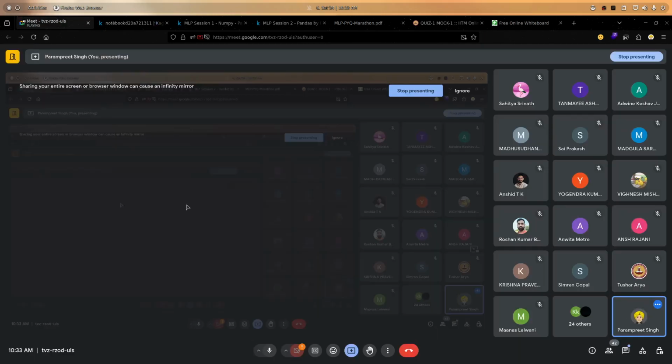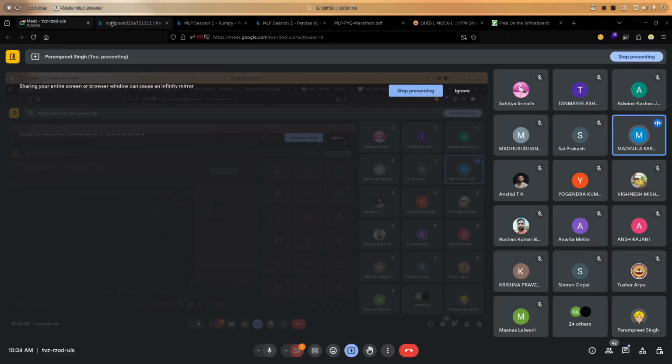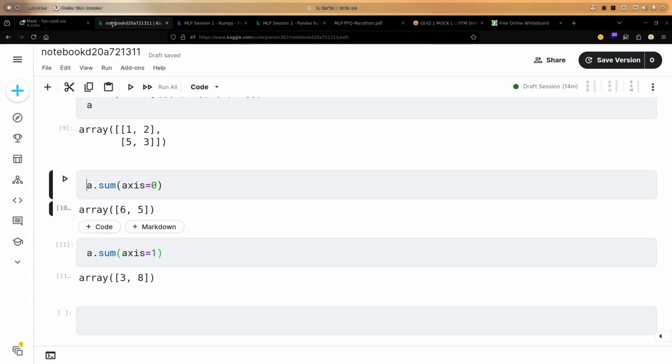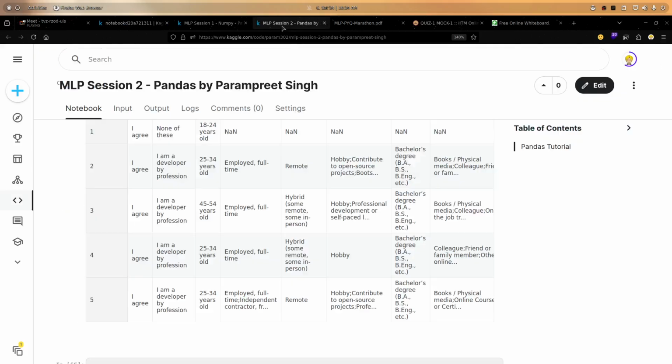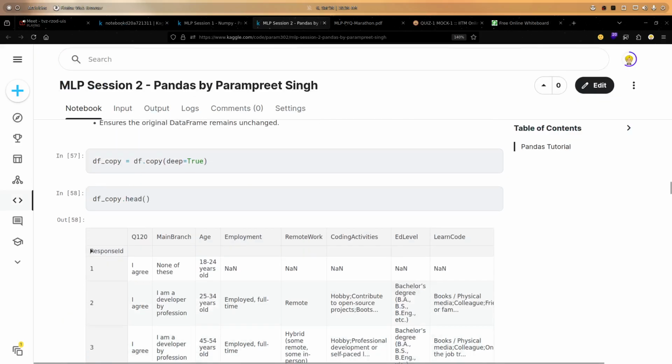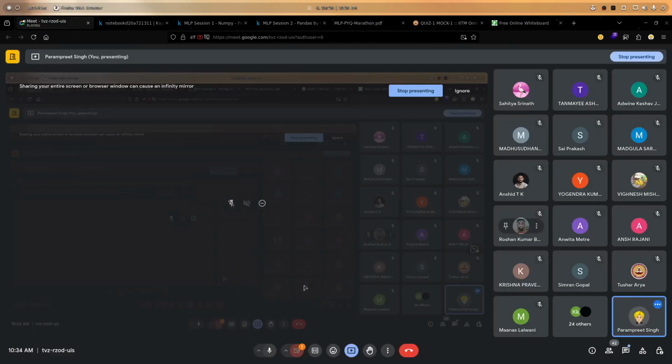The same is in pandas also, there is no difference. In pandas, by default it will do the sum with axis equal to 0, column-wise, which is how null values are counted per column. And in NumPy, it generally does the total sum by default if we do not pass any axis. So these are some of the basic things. Mainly, do you have any doubt in pandas, in any specific function or something like that?